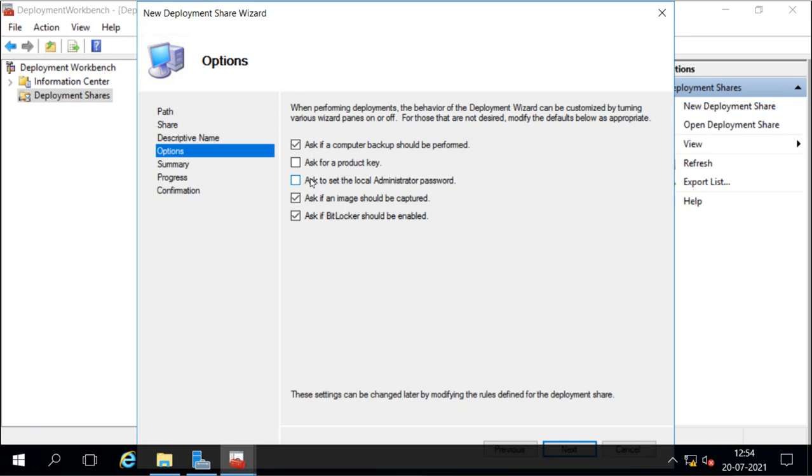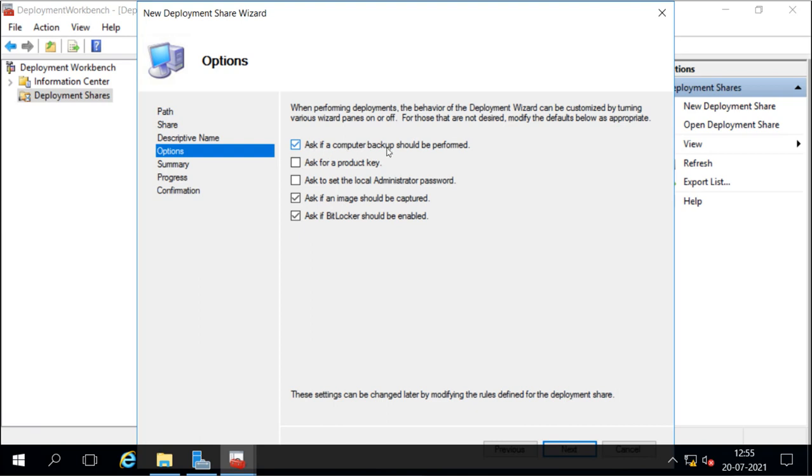Now when we start the deployment on the remote machine, the wizard opens and we can decide whether these options are to be there or not. So by default it is going to ask if a computer backup should be performed. Whenever we start the wizard, it will ask whether you want to take a backup of the computer or not. For example, if the computer already has an operating system or some data, then it will ask you to take the backup.